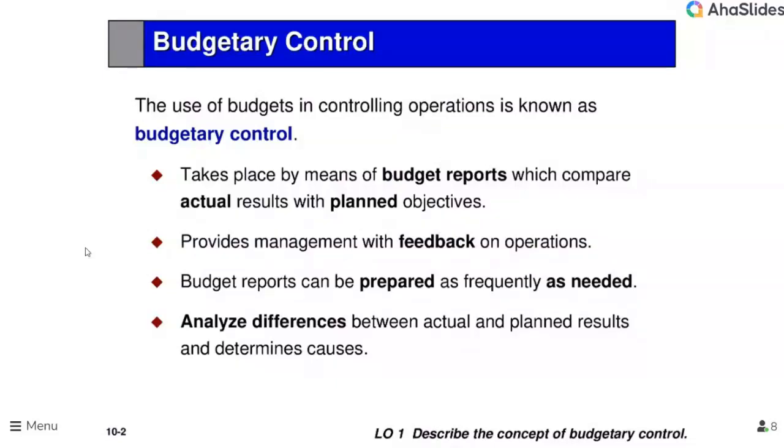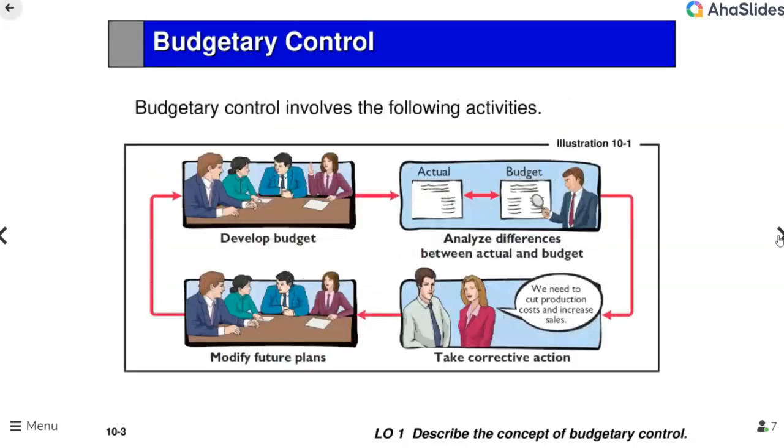So you budgeted for the year 2022, and you did that last year. And now we're in 2022, and we're getting the results of the first quarter of 2022, and we're comparing that to the first quarter of what you said you thought would happen in 2022. So this is a feedback mechanism. That is, we're getting information back on operations. And these reports are completed as needed, but they could be weekly, monthly, or quarterly. And again, they analyze the difference between actual results and planned results.